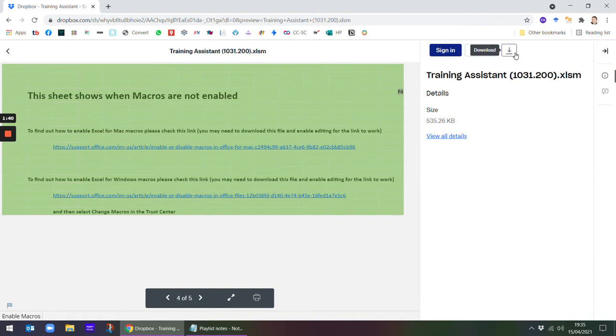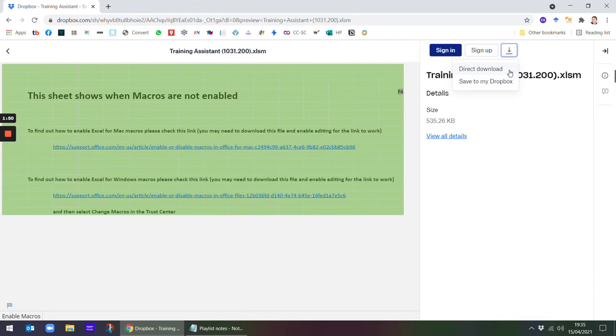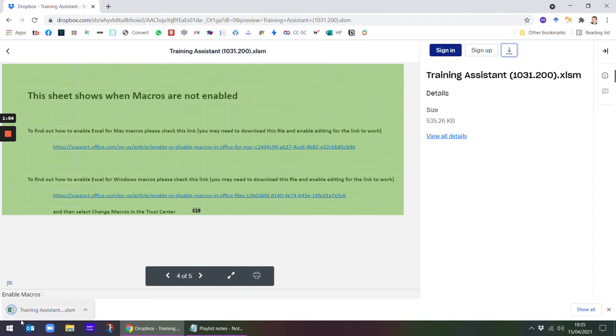But the only button you actually need there is download, and then direct download will take a copy down onto your computer, or as I mentioned, you can add it to your Dropbox folder if you'd rather. So we'll do a direct download and it'll then pop up in my downloads bar here,